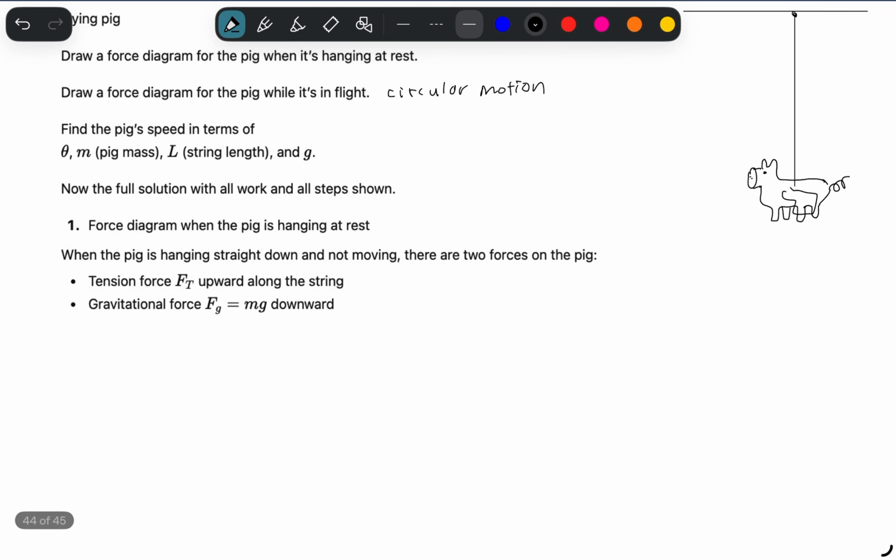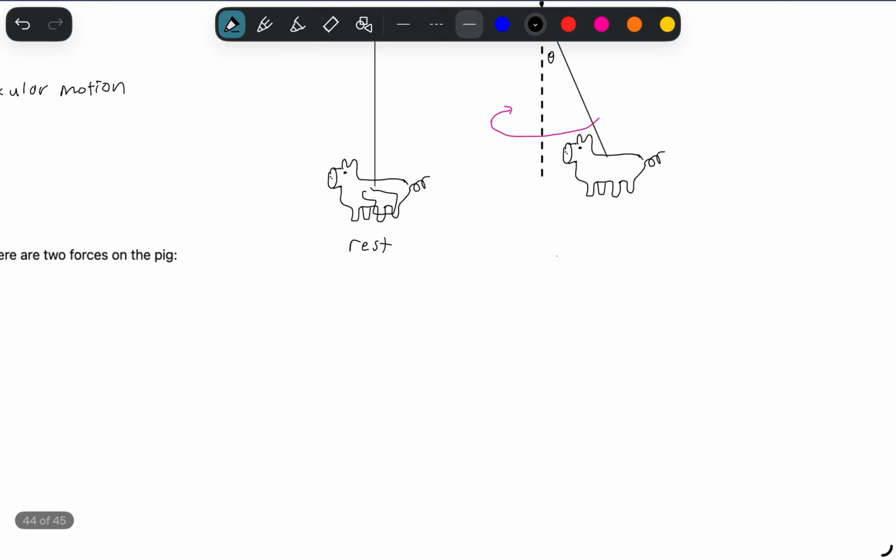What we are asked to do is draw a free body diagram for the pig when it's at rest, and then a free body diagram for the pig when it's in flight. We want to find the pig's speed in terms of theta, m, L, and g, and we'll show our work. So,